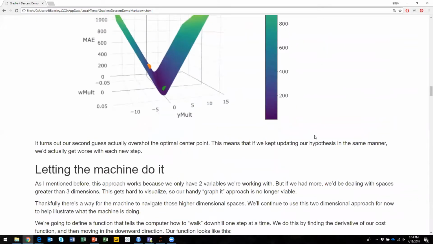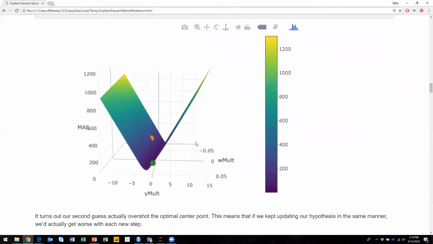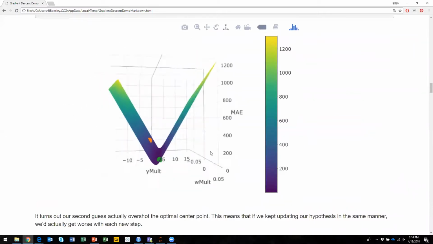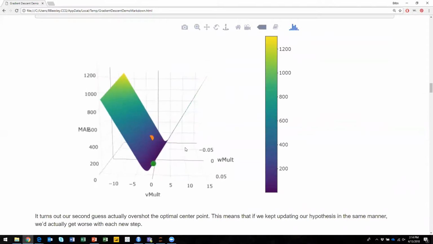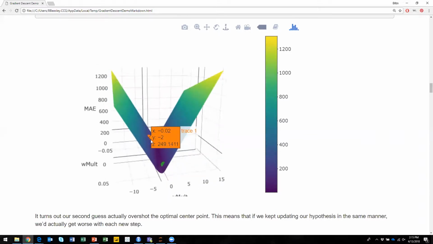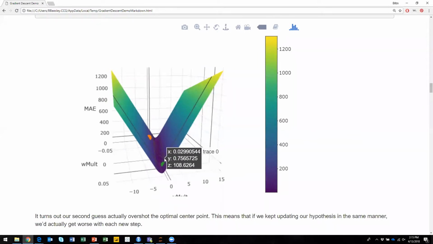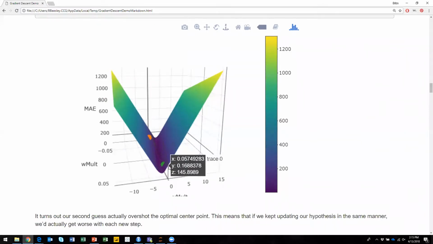what we can do is take a similar approach. We're going to continue in this 3-dimensional space for now because it's easy to visualize, but the computer can do this in much greater dimensions. What we're going to do is start from our first guess, and instead of just taking a random guess or just looking directly at the minimum, we're going to tell the computer to start there and take a step downhill. Okay? We're just going to take 1 step downhill, and then we're going to see where we are, and we're going to do it again and again and again until we can't get any better.